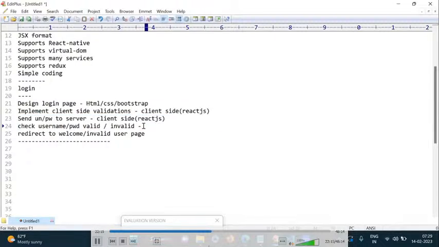Next one, check username, password valid or invalid. So in this point of view, a server side program is executing. It is connected with the database and checking whether this username password is registered or not. Once it is success, means username password is valid, from server side they are sending one value. If it is invalid, another value. Based on that, we are navigating to either welcome page or invalid. Then again, we are taking the support of client